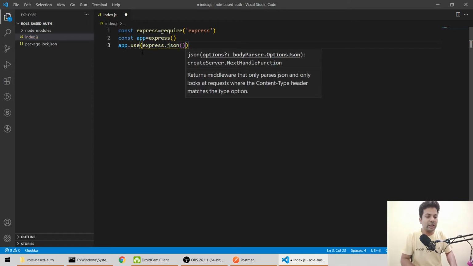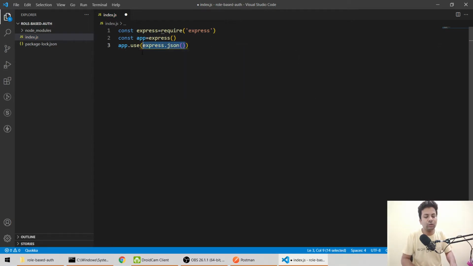Basically express.json is a body parser, so you don't have to install body-parser to parse the JSON coming in.